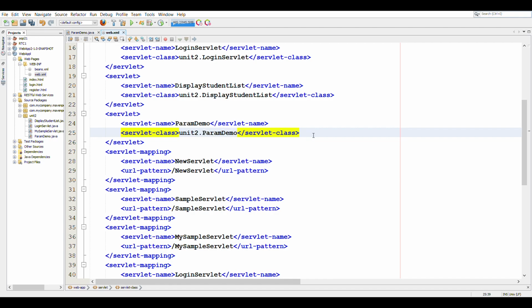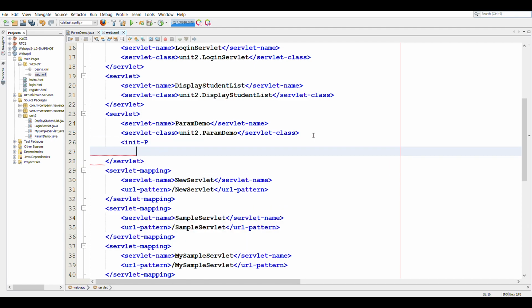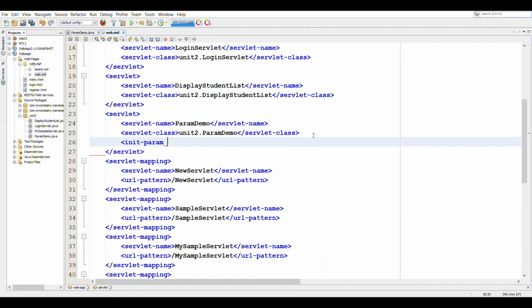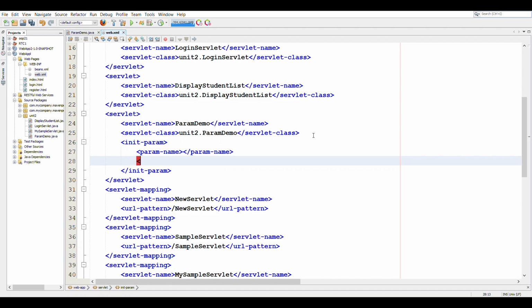Now, when we want to create initialization parameter for the servlet, we will be creating it inside the servlet tag. So here we will write init param, and inside init parameter we will have param name and we will have param value.